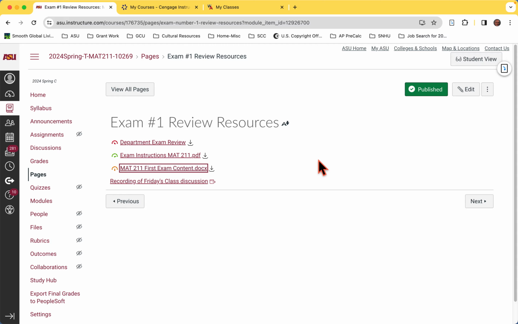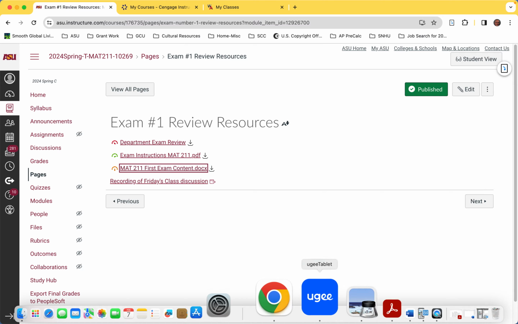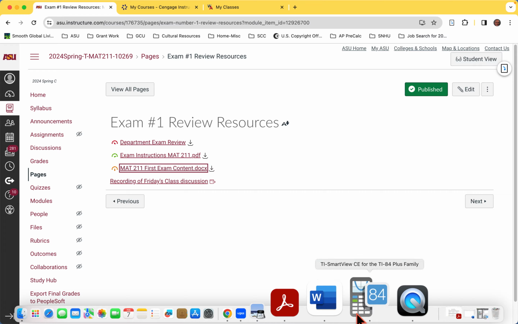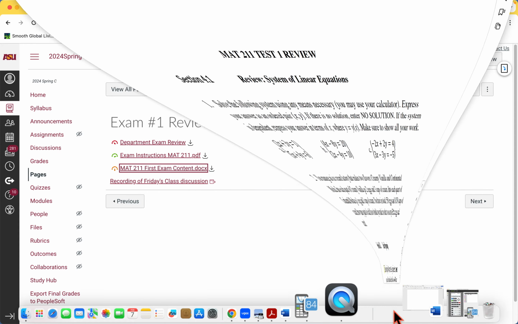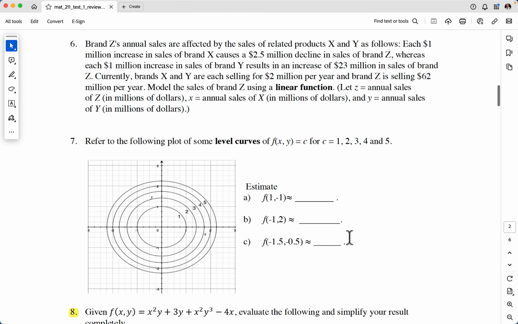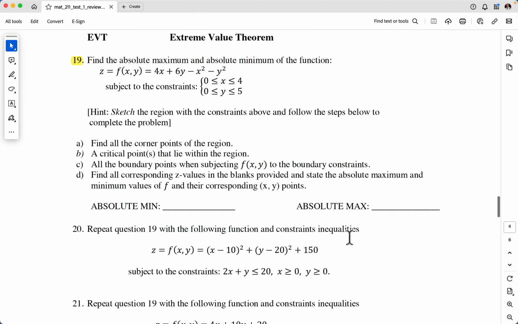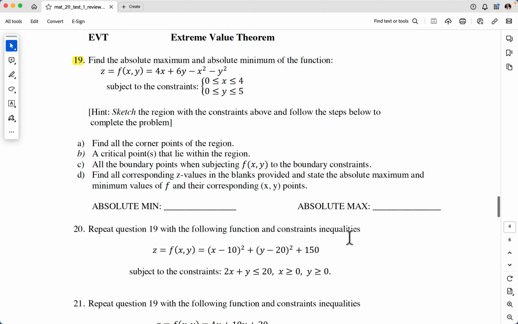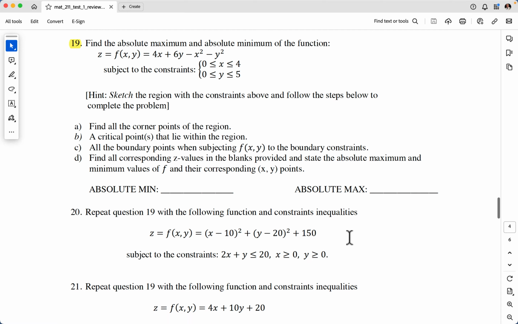Yeah, that was a tricky one. So let me pull up where I got it here. Here's the review. So an extreme value theorem. So that I've done 19. How about